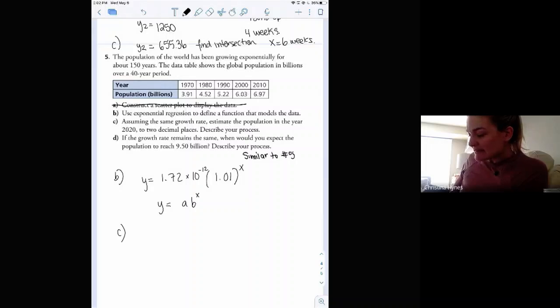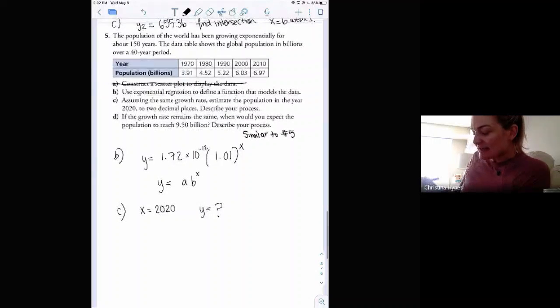For C in this case, they're going to ask you 2 types of questions. They're either going to give you the x coordinate and you have to find the y, or they're going to give you the y and you have to find the x. In this case, they are giving us the year 2020, so that's an x value. And they want you to find what y is equal to. So how you do that is you first have to press these buttons. Once you get this equation, you're going to have to go to y equals. You're going to press that. Then you're going to press